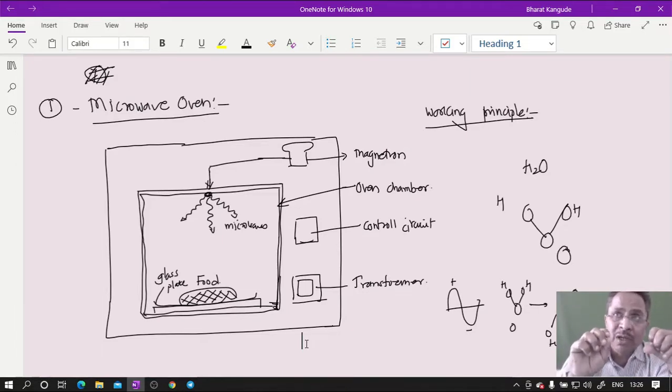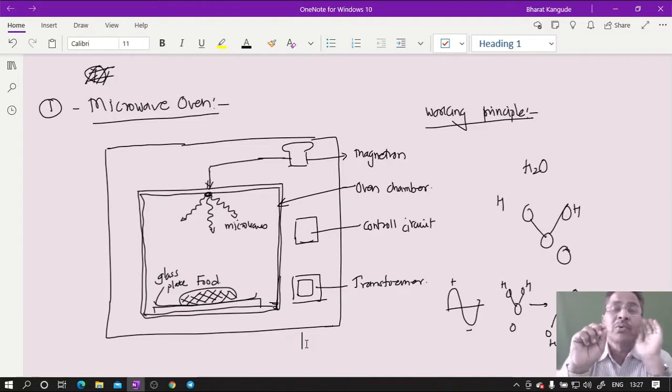You will see the food getting heated or cooked, whereas the glass plate or other assembly, the metal, none of these objects gets heated, because these objects are not absorbing these microwaves. What is absorbing microwaves is the food, and in that food the water content. The more water content, the faster the food will cook; the less water content, the longer it will take. So whatever food we prepare contains at least some amount of water, and the molecular movement of the water molecules inside the food produces heat and cooks the food.